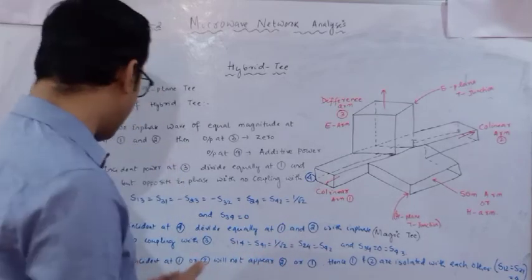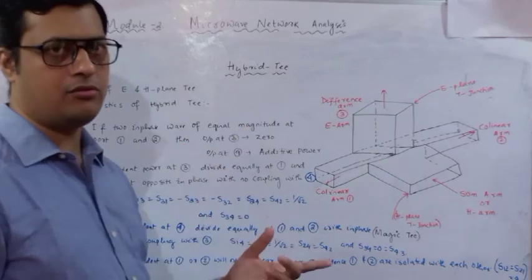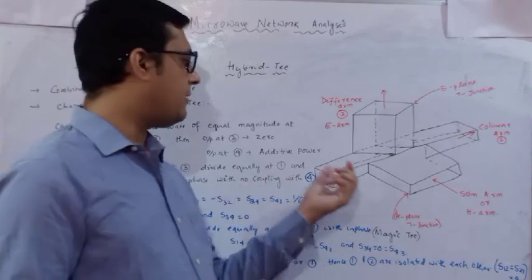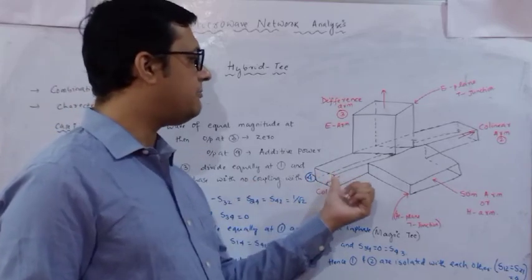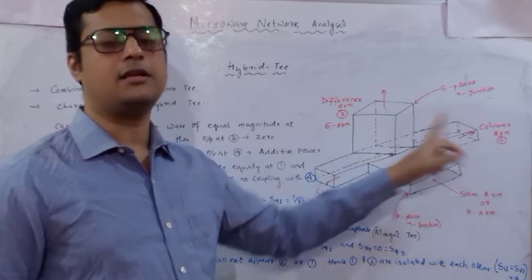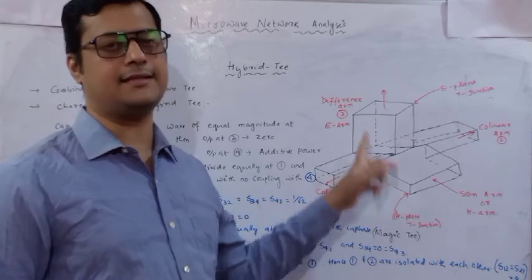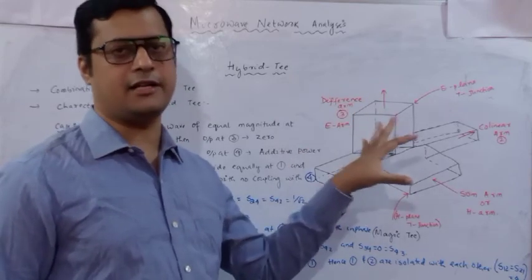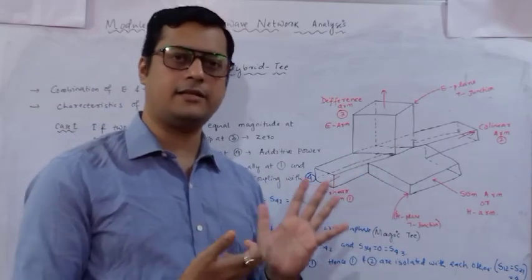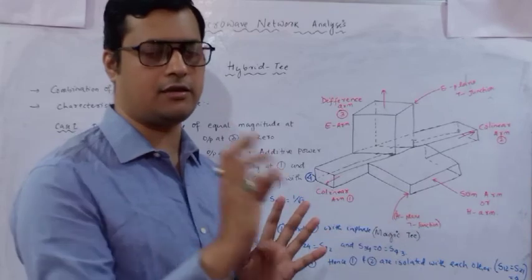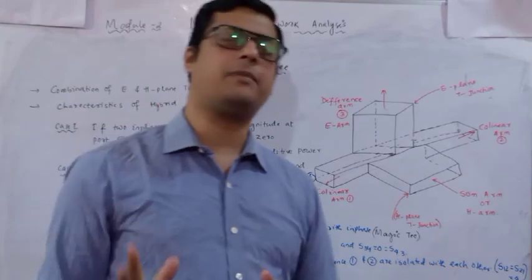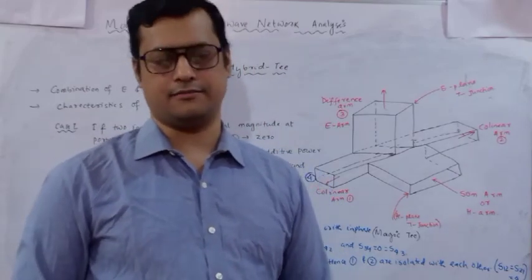Done. And the last one, wave incident at either port 1 or port 2: it will not appear as output power. If I feed the power at port 1, this power will not appear at port 2. Similarly, if you feed the power at port 2, no power will be obtained at port 1. This is the principle of this hybrid T junction. These two ports are isolated from each other. Isolated means S12 is equal to S21 is equal to 0. So these are the basic relations through which we can construct our S parameter matrix for the hybrid T junction.